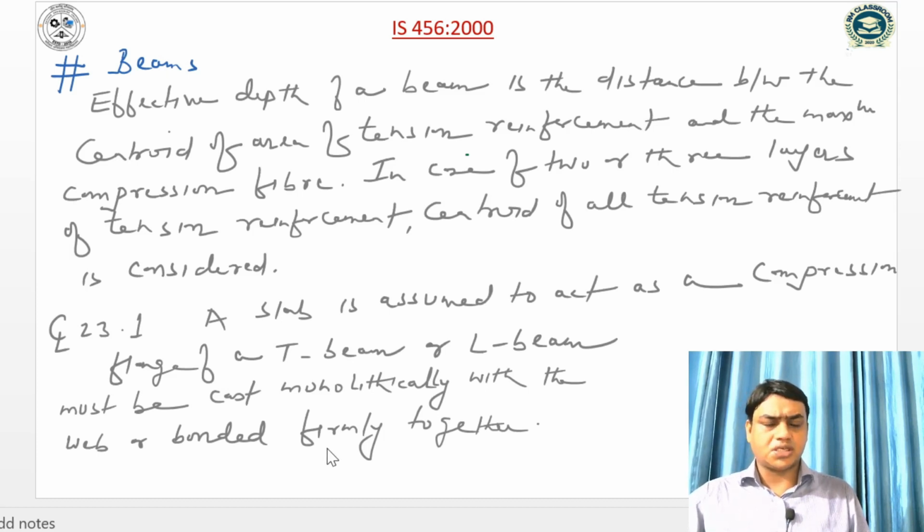So two cases are suggested by IS 456-2000. First case is for the beam plus slab type, and the second one is isolated beam. So for beam plus slab type, the effective width of the T-beam suggested by the IS code is L0 by 6 plus BW plus 6 DF, where L0 is the distance between the zero moments or distance between the points of contraflexure, BW is the width of web or rib, and DF is the thickness of the slab or depth of the flange.